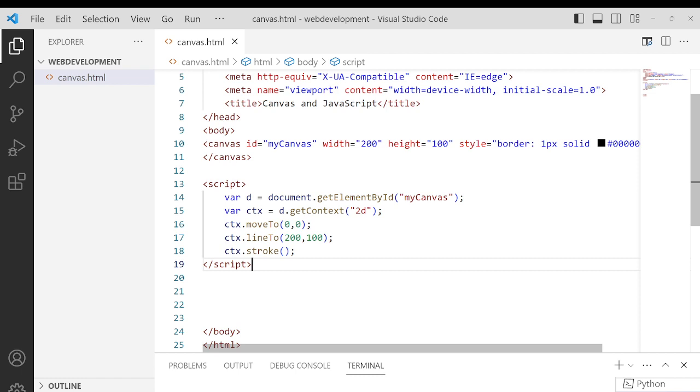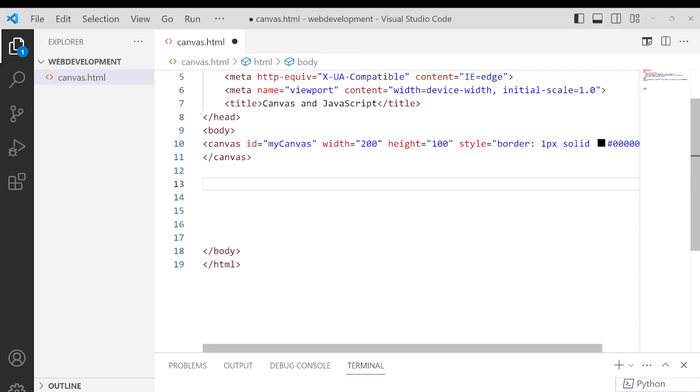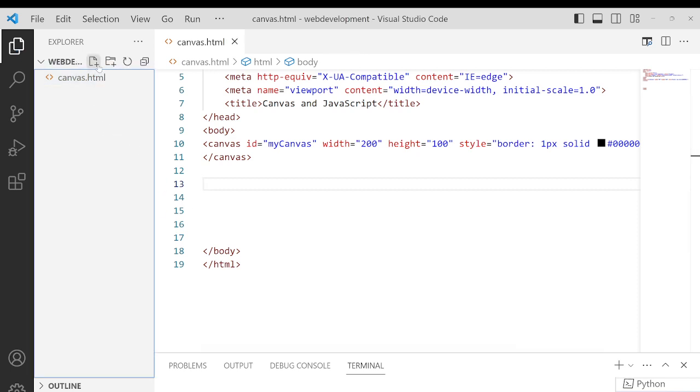So for that I will just change this script file. Now I will use the second method, that is to write the JavaScript code into a new JS file. So I will remove this code here, save this file, and I will try to